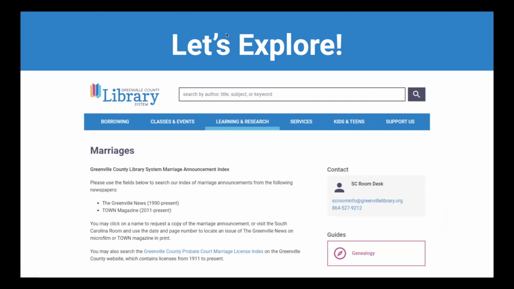Since we have about 20 minutes, which is really good, I'm going to start with the ones that you can access anywhere. You don't have to be in the library. And if we have time, I'm going to jump over to Ancestry.com Library Edition so that you can see the different types of records available on there. Ancestry Library Edition is available at any library location, but you do have to be in the library to access it. So I just wanted to mention that. You won't be able to necessarily follow along with me.